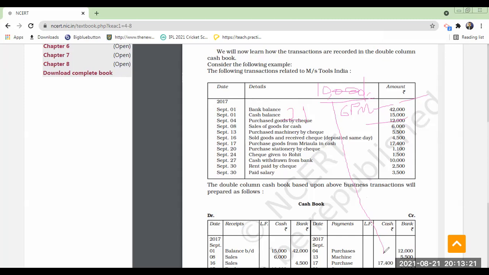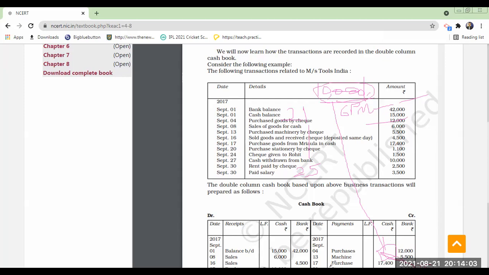If such a thing happens, if the check is with us and is not deposited in the bank on the same day, then on the day of receipt of the check you have to mention that amount in the cash column only. Now observe properly. Suppose this check I have deposited in the bank on the 25th of this month. On the 25th, this 10,000 rupees which I mentioned in the cash column, I will now deposit in the bank. So 10,000 rupees I am going to shift to the bank column. Did you understand?